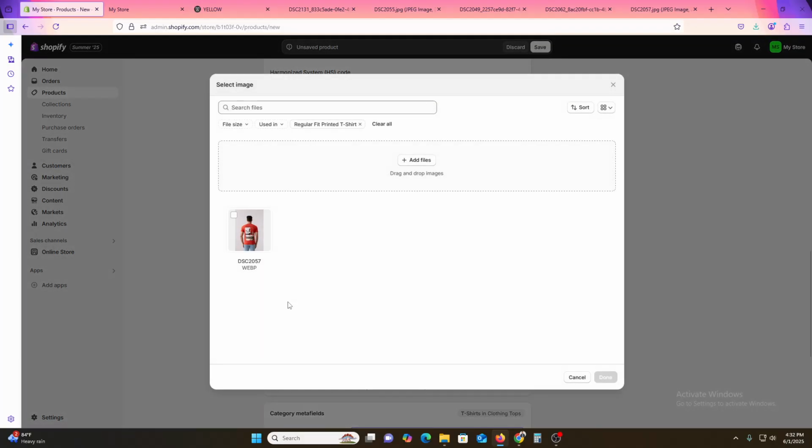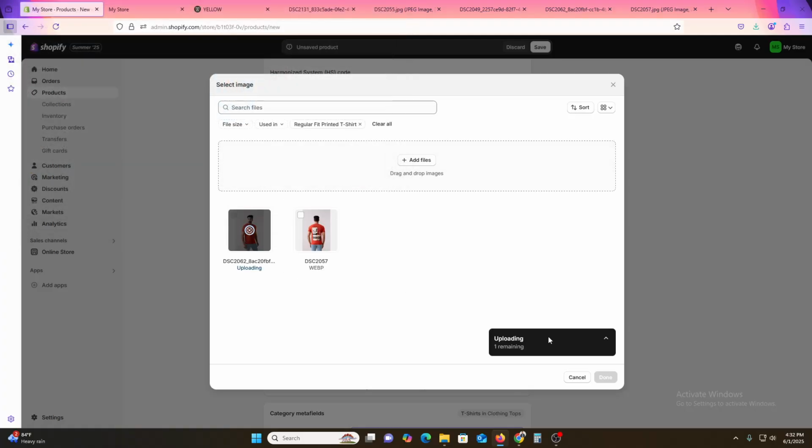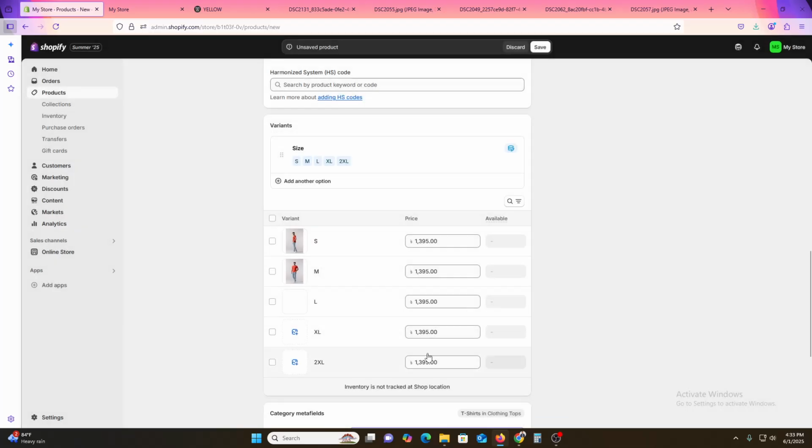Our option type has been selected, we are working on size, so that's why it's not a tampering option for us. So now we need to add it one by one. Once I'm done, then I will come back to this video again. So as you can see, each variant customization has been done, so you can easily customize each one individually,